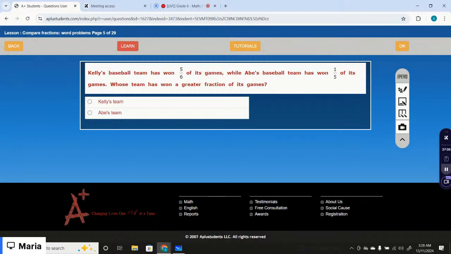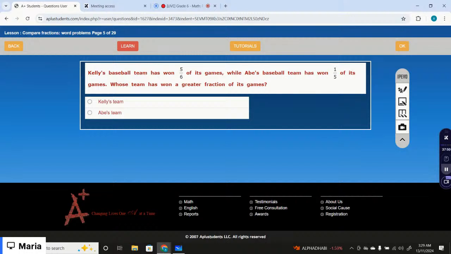Whose team has won a greater fraction of its games? The correct option is